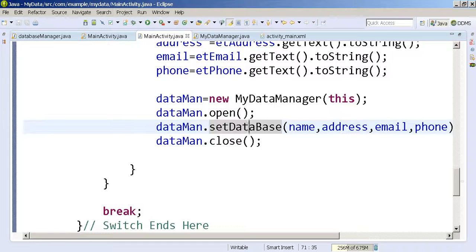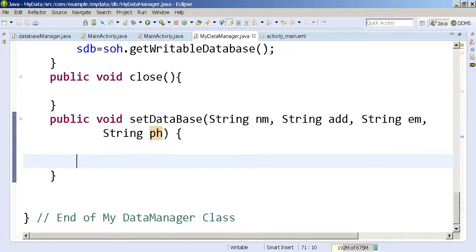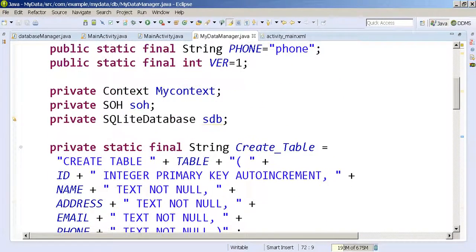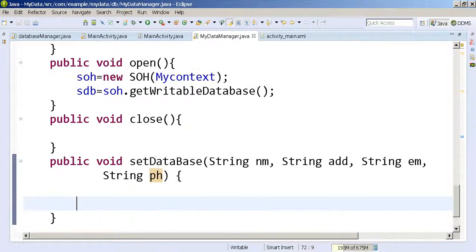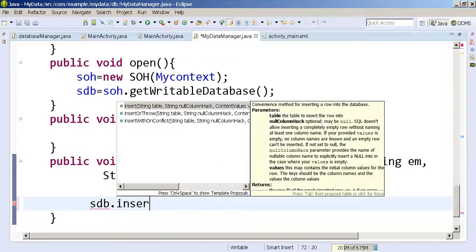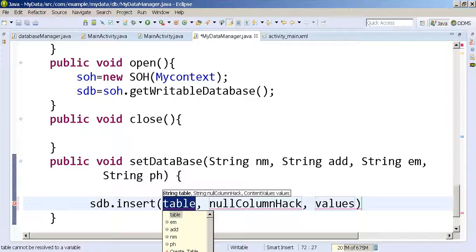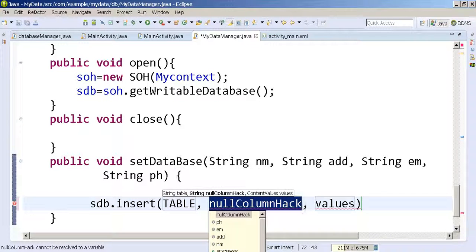Now when you call the set database, it should land into here. Here I will say what is my database instance, that is the SDB, and I will say SDB dot insert. Now the first thing is which table, and we have already a constant called table, right? We have a constant table which has the table name,